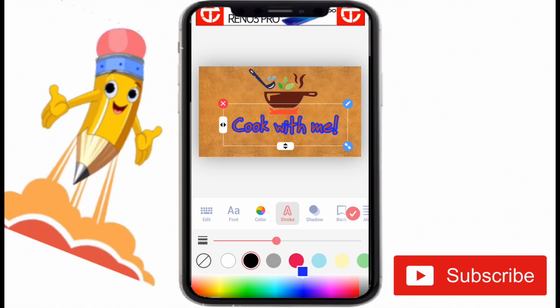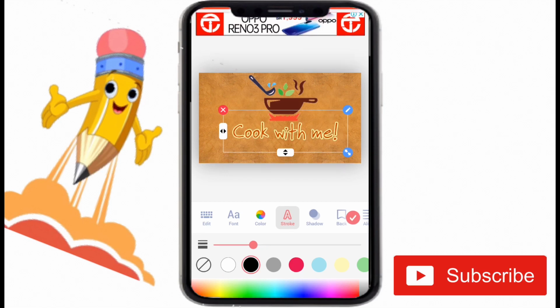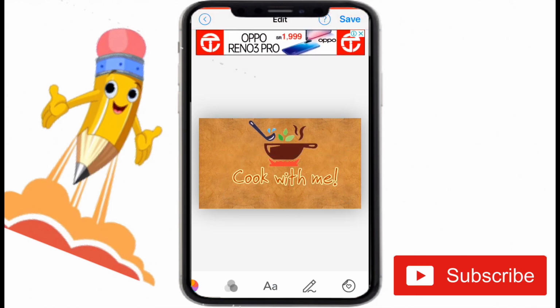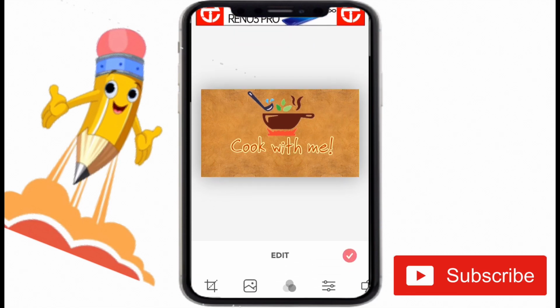So I am choosing one color, finalize your picture, and now you can save this picture and move on to the next step of animating your intro and your outro. You're going to create an intro and your outro, so that will make your YouTube video look very professional and uniform when you complete the video.